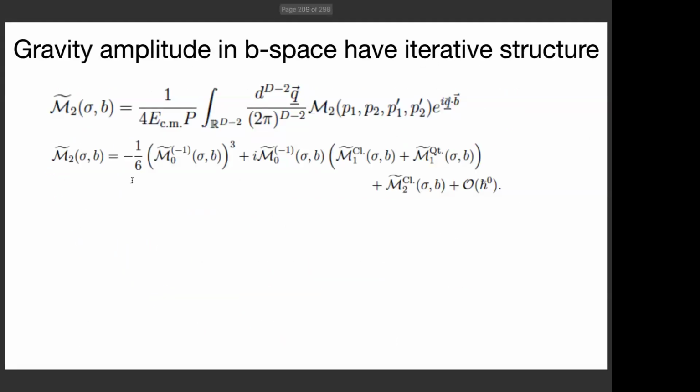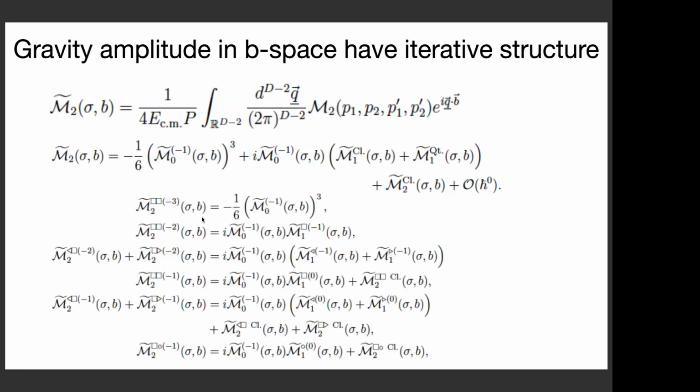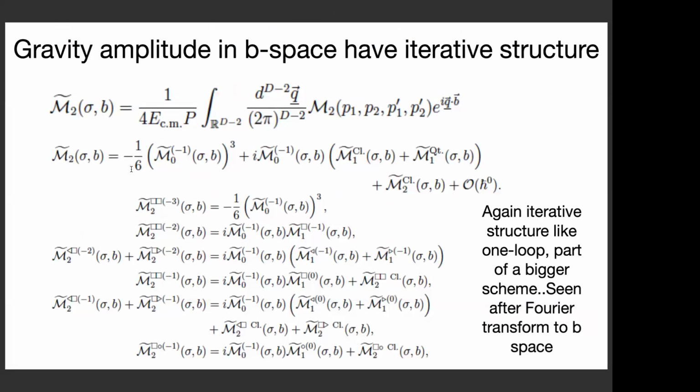Now, something magical happens, because now we will start to make contact with GR from the amplitude. So when we take the amplitude and go back from the Q expansion, which is natural when we are computing the amplitude from the loop integral, to amplitudes rewritten in terms of the impact parameter space B, then we have to do a Fourier transform from Q space to B space. And now we start seeing the iterative pattern of the amplitude. When we are working out the Fourier transform to B space, the various amplitude components start factorizing in very neat forms.